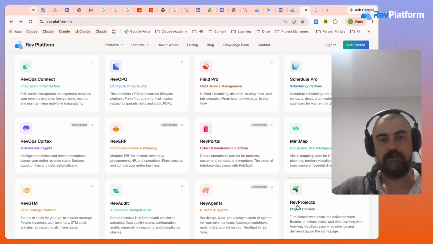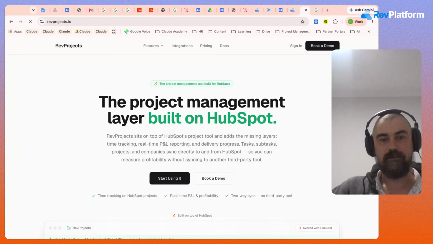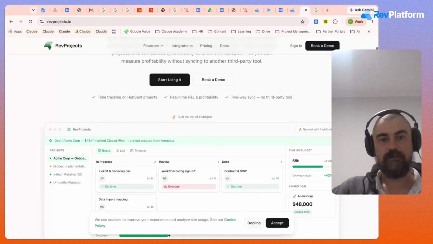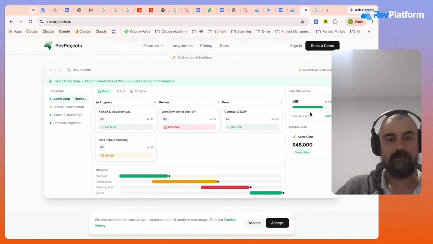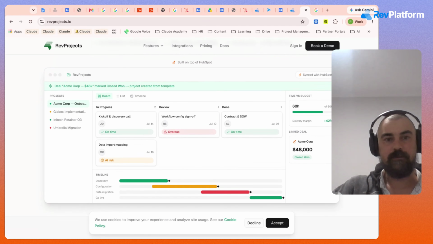It is fantastic. And we cannot wait to show you Rev Projects, which again works completely with the HubSpot projects and tasks tool. It is built on that tool. It syncs back to HubSpot so you can have all your workflows, all of your features, all of your tasks, all of your projects using HubSpot as the data layer here. And we built this because our agency is a professional services company that delivers, and we love HubSpot, want to work with HubSpot based on HubSpot, but had a couple features we needed to fill in the gaps